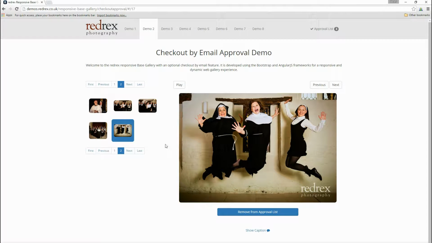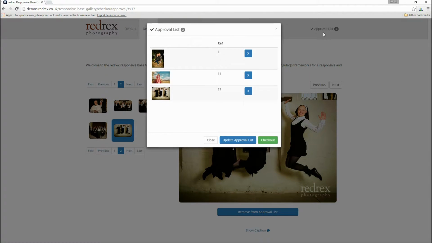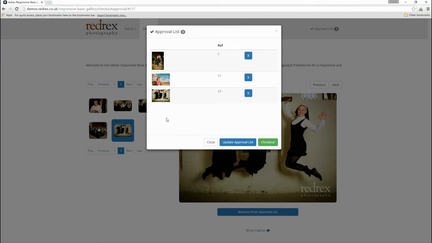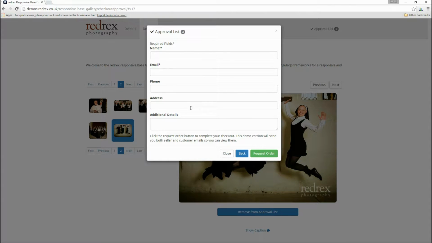So in this example here, I've taken some photos for a theatre group, so they may wish to be approving these photos, going through the gallery, and they may wish to give some feedback on some photos. This feature would allow them to select the photos, review the approval list here, then once they're happy they can go to the checkout, fill in their details, and